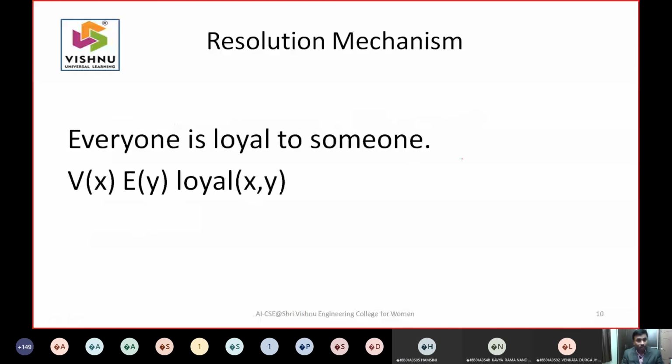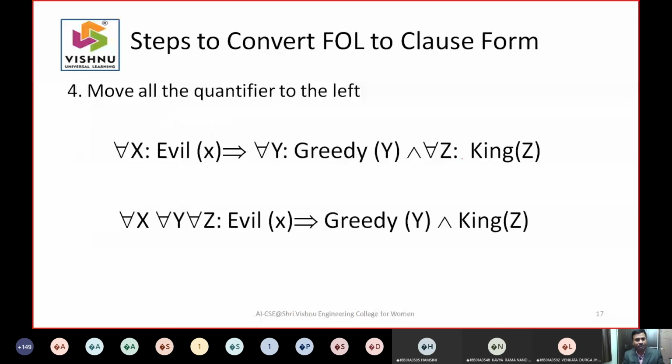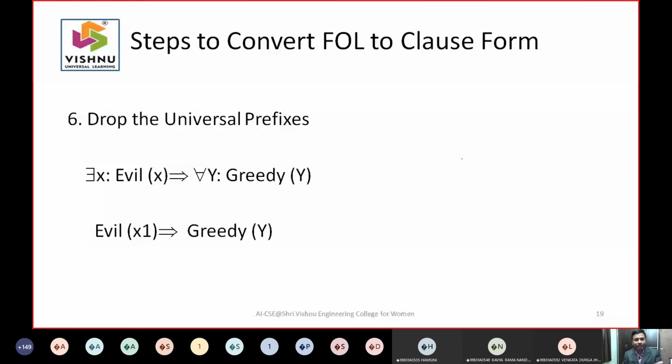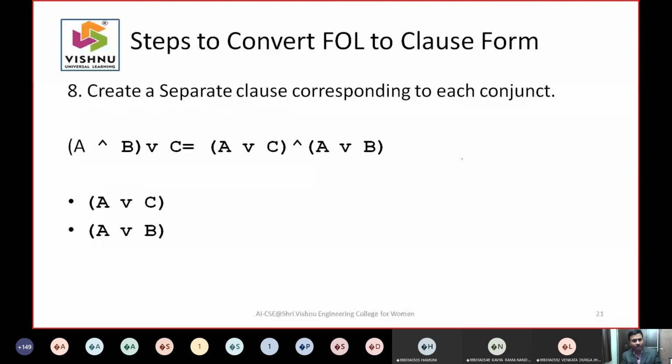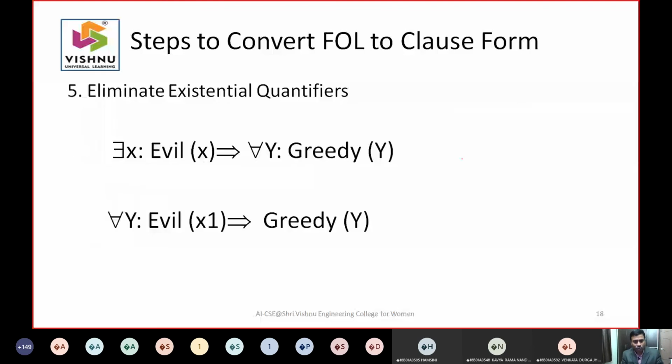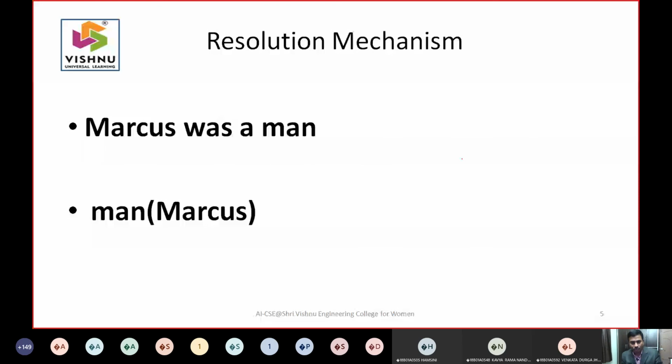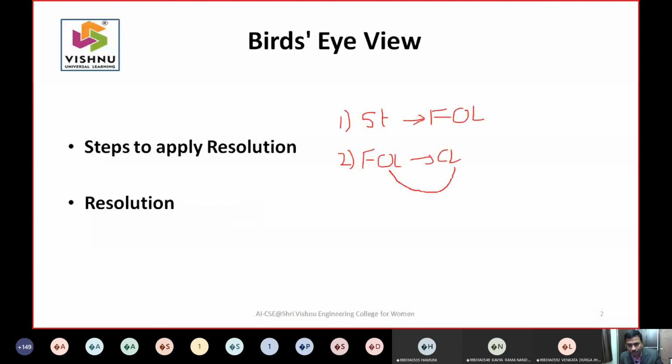What are the rules which will help you to convert this first order logic into clause form? See, these rules we didn't apply. This is what we have to apply. Eliminate the implication, reduce the scope, standardize the variables. All this you keep in LHS. Remove the existential and universal quantifiers. If there is a chance, you express in terms of disjunctions, the reason is you can take them as separate sentences. So we have to convert this first order logic into clause form. Then you need to apply the resolution algorithm to the statements in the clause form. These two steps you have to do.